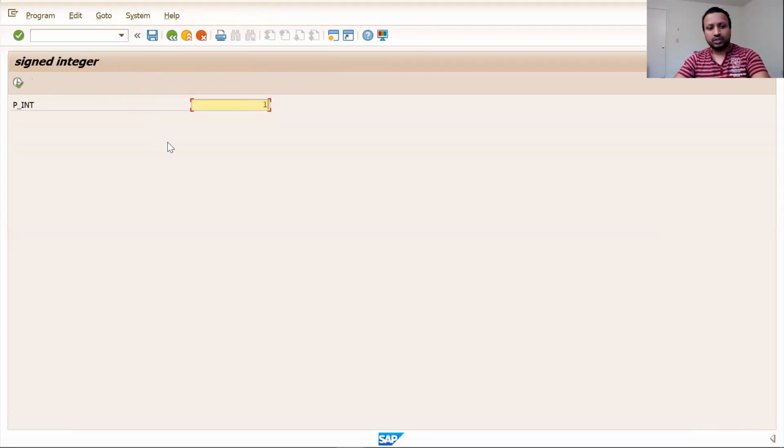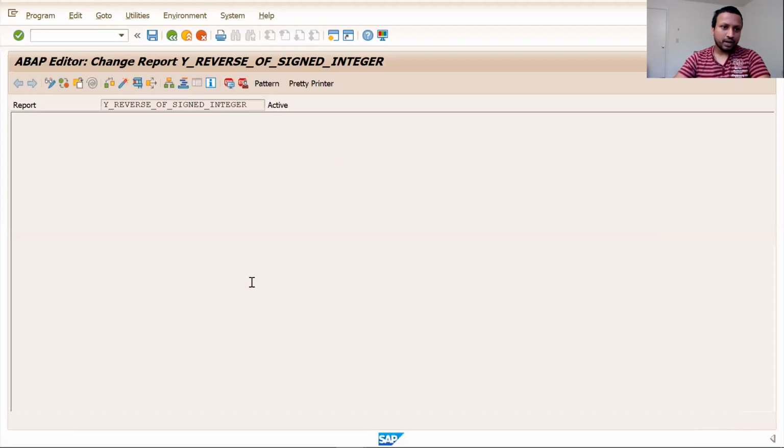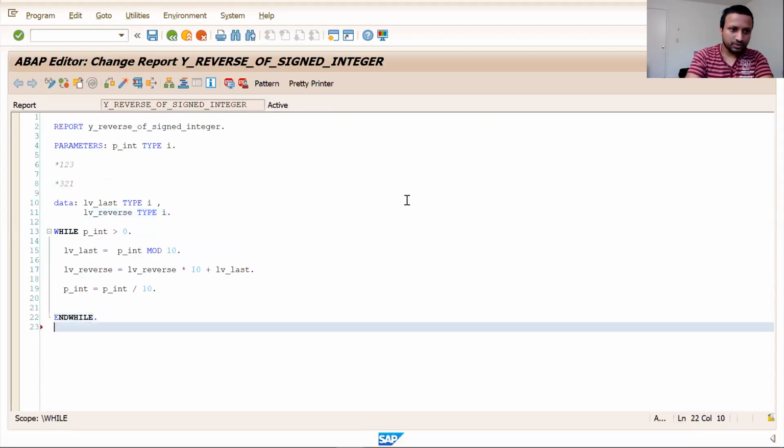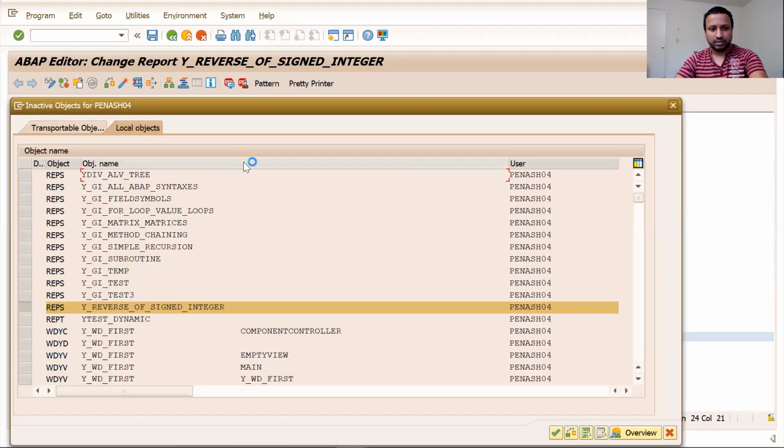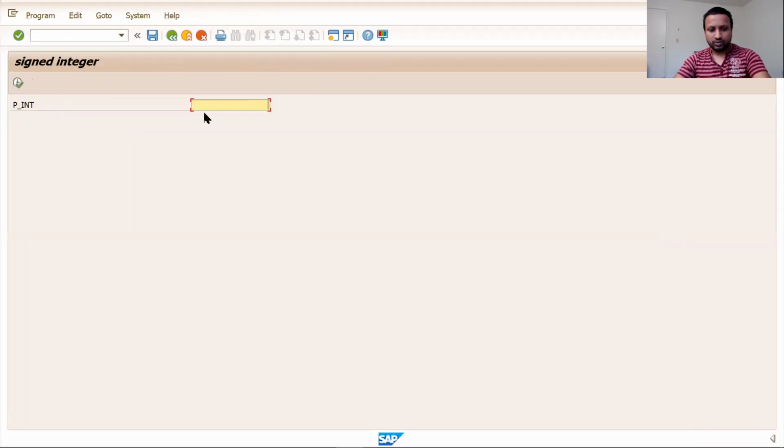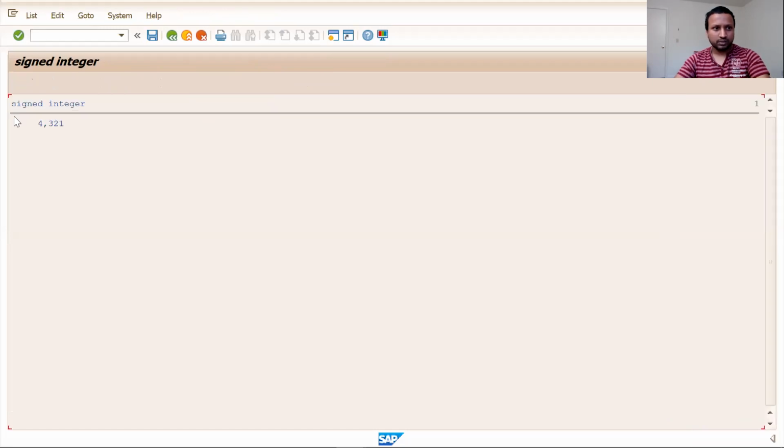So 1 2 3. If you execute it, my bad, I need to write lv_reverse. LV write writes it, and if you write 1 2 3 4, it gives 4 3 2 1, which is correct.